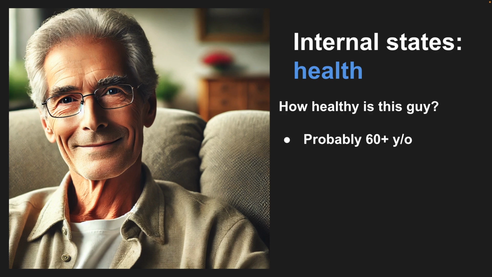What about the human body as a system? Here's a picture of a guy. Based on this picture, how healthy do you think he is? He's got gray hair and some wrinkles, so I'm gonna make a guess that he's over 60 years old. Is he close to having a stroke? I would guess not, because when you have a blood clot in your brain, sometimes that can cause one side of your face to become slack. And the tautness in this guy's facial muscles look symmetrical,